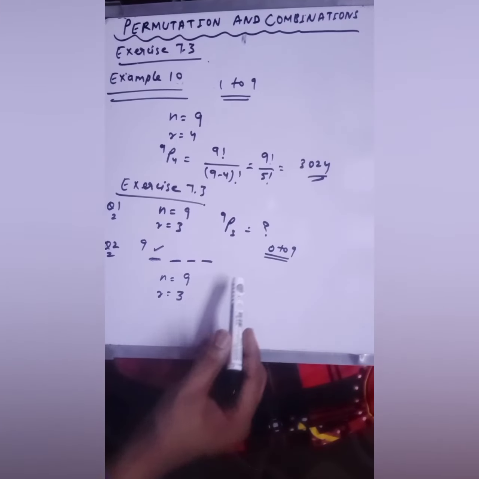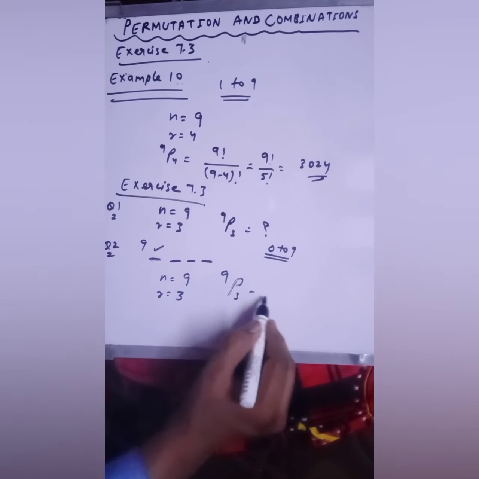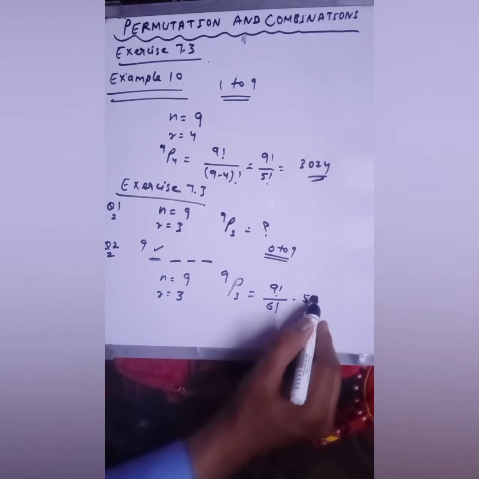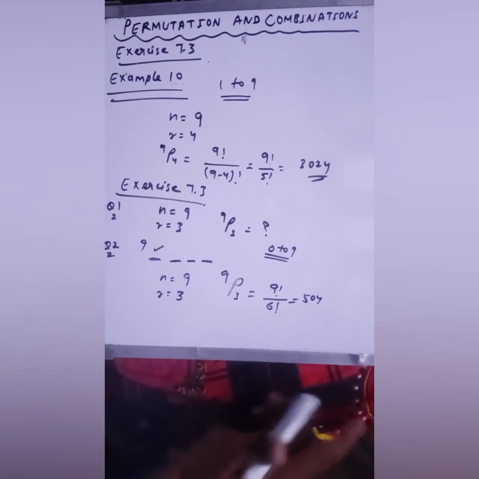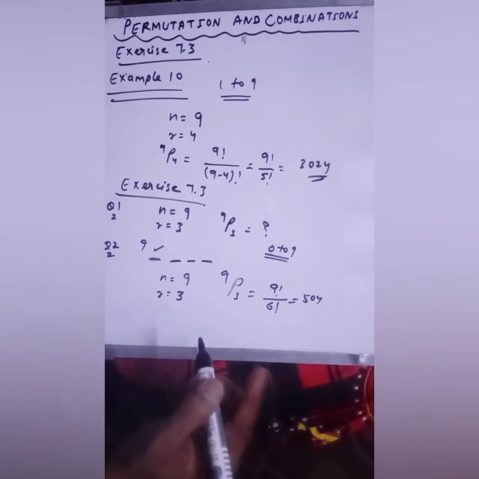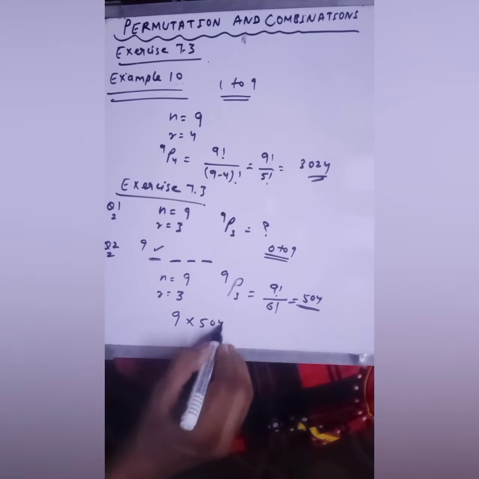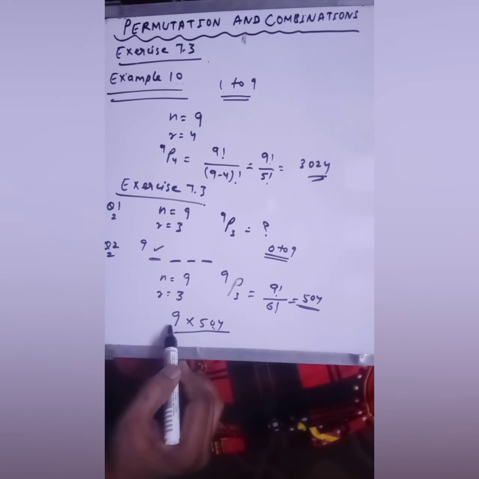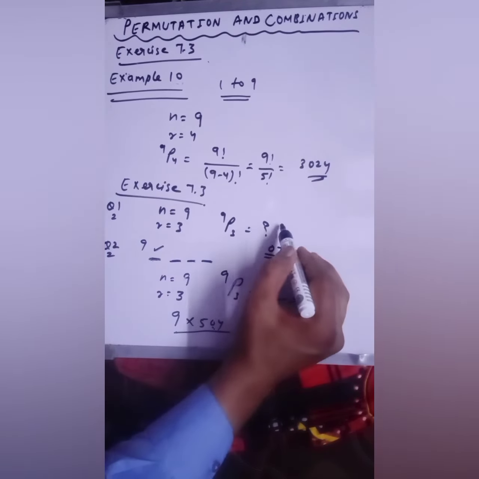The same answer will come when you apply permutation here. So 9 and 3, this would be 9 factorial over 9 minus 3, that is 6 factorial, and your answer would be 504, I think. But after that you have to do one more thing. We will multiply this by 9. Now children, you have to explain why we are multiplying this number by 9 here to get the answer in question number 2. Got it? The answer of question number 1 will be 504 when you solve it.